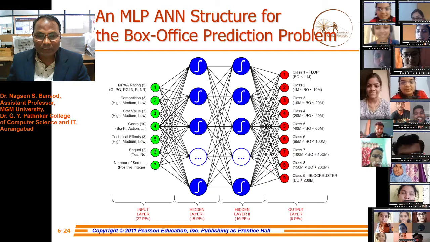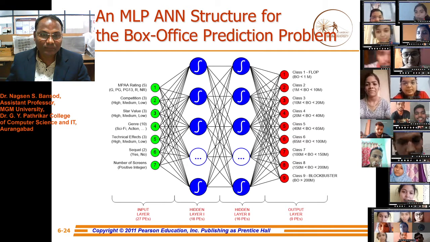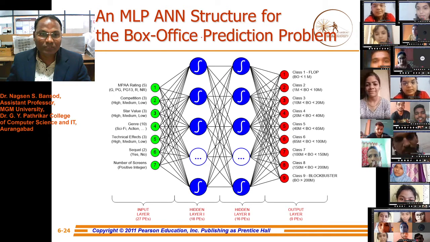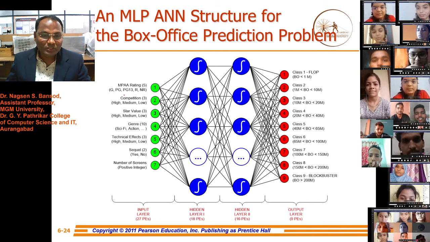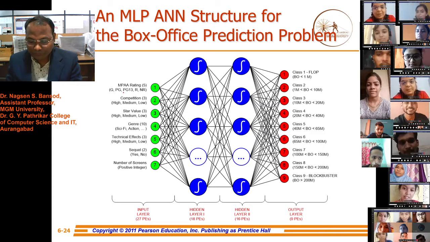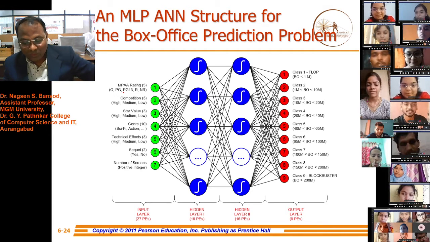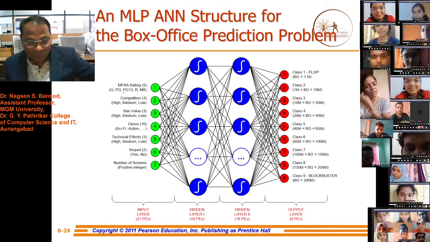Once we have selected the model, like you see, we saw one example, a multi-layer perceptron artificial neural network structure for the box office prediction problem. There are different types of movies, like general audience movies, parental guidance movies, restricted movies, and so on.